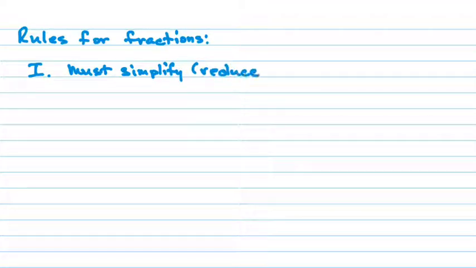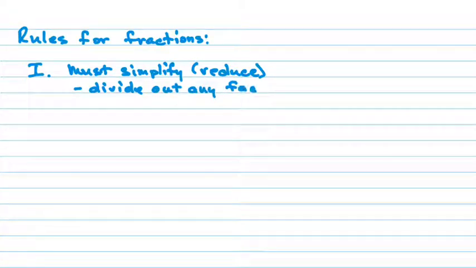The first rules for fractions. And I know you love rules. They guide your life. The first and most basic rule for fractions is that you must simplify or reduce. Is there another New Zealand word for that? When you divide out the things that are common to the numerator and denominator, is that just simplify? Reduce? Okay, so you may hear me say reduce. It means the same thing. Simplify or reduce. In other words, divide out